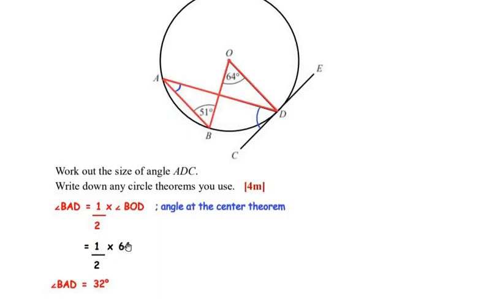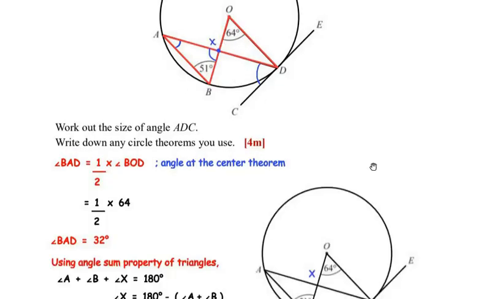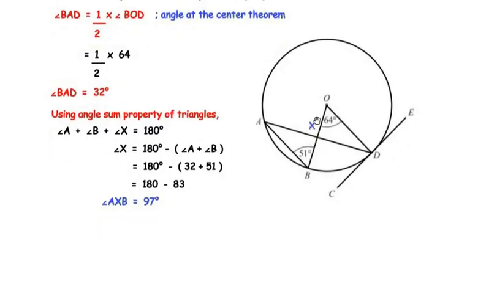Now half of 64 is 32. So here we get the value of angle BAD as 32 degrees. Now once we have got this angle, let us try to find out the angle at this point, and let us call this point as point X. Now we have considered this figure over here for easy reference, and we have considered this point as point X,